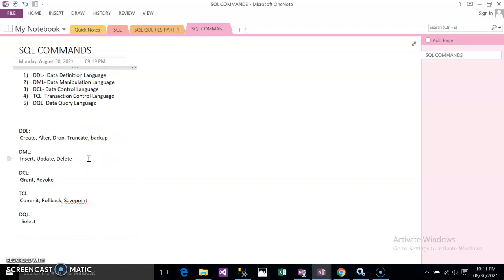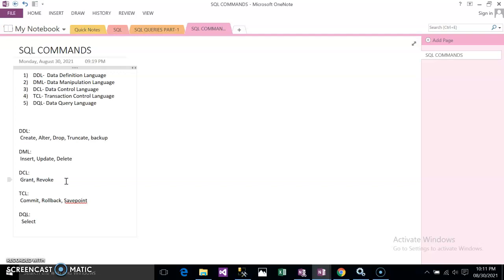And next is DML, data manipulation language. So this is the commands used to modify the database, responsible for all forms of changes in the database. Or you can say it consists of the database commands which are used to manipulate the data present in the database. So the examples of the commands are insert, update and delete. And these are not auto-committed, as it cannot permanently save all the changes in the database, and it can be rolled back also.